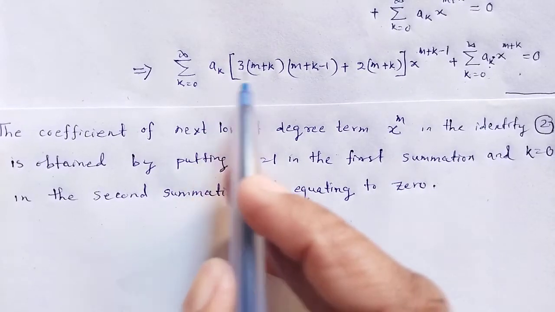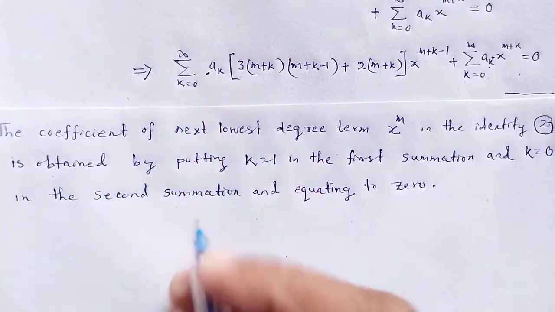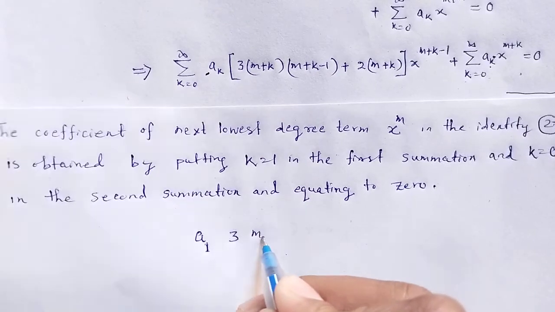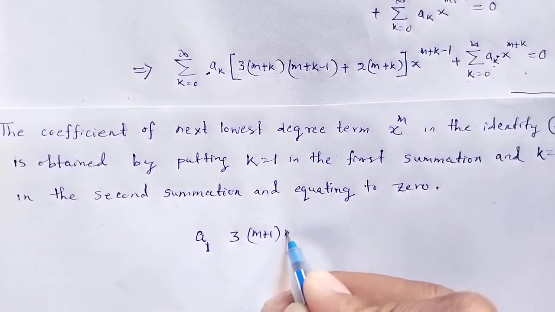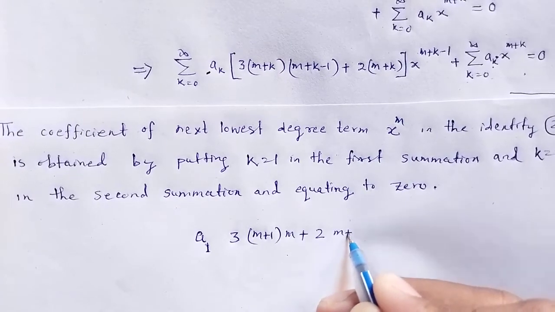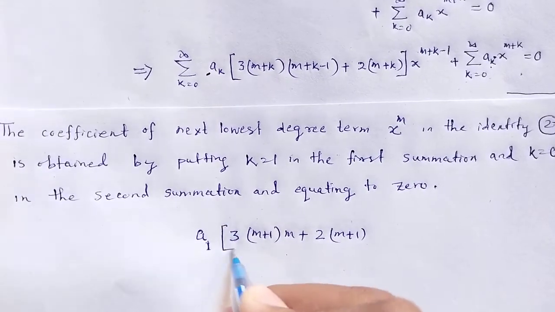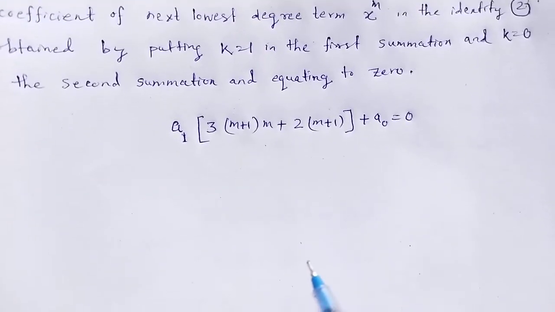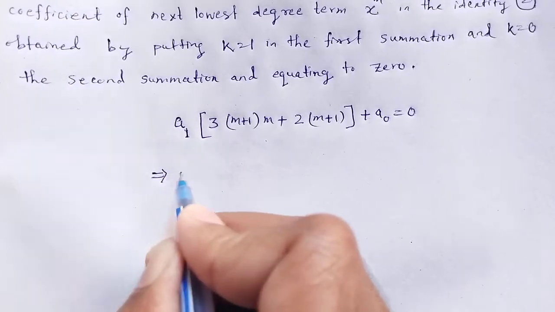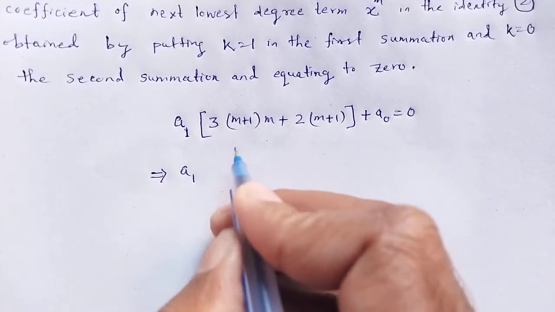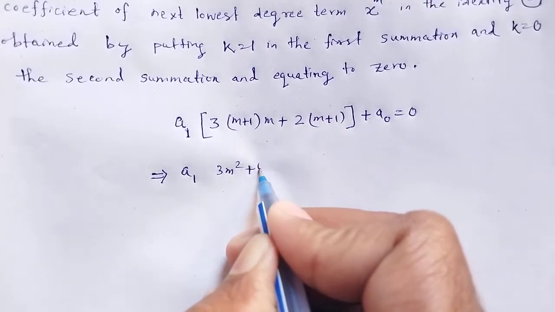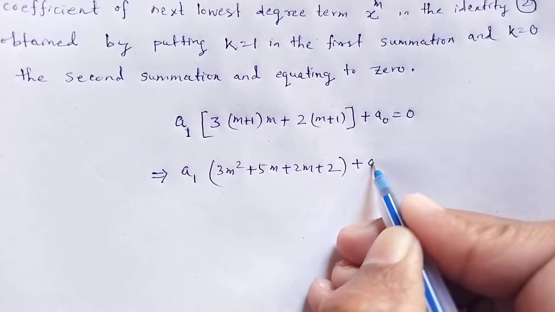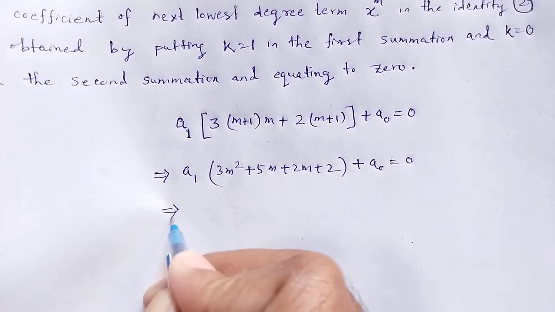So, we have a₁(3(m+1)(m+2)(m+1)) plus a₀ is equal to 0, okay, which implies a₁, that is 3m² + 5m + 2m + 2, plus a₀ is equal to 0, which implies